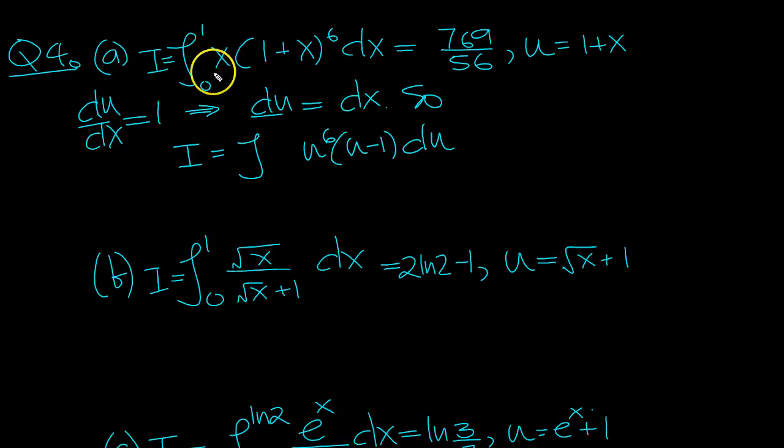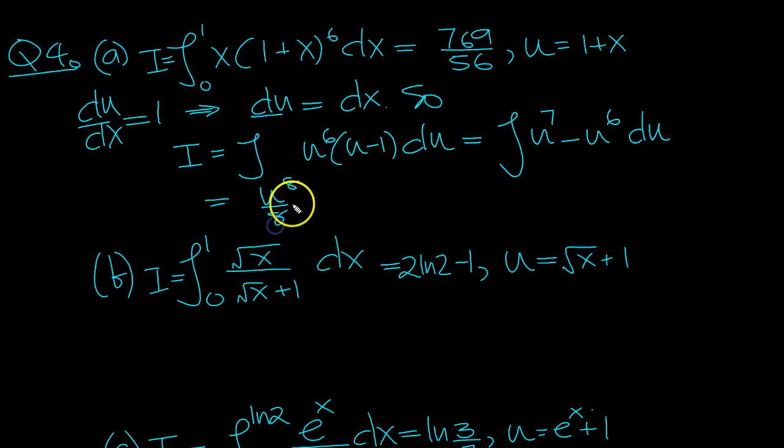So you notice how we could just replace the x by u minus 1, couldn't we? And can you see this is easier than that integral? Because here you'd have to expand that bracket. Here you've only got to expand this bracket, which is easy to do because it's just two terms. u to the 7 minus u to the 6, isn't it? du. So that's equal to u to the 8 over 8 minus u to the 7 over 7,